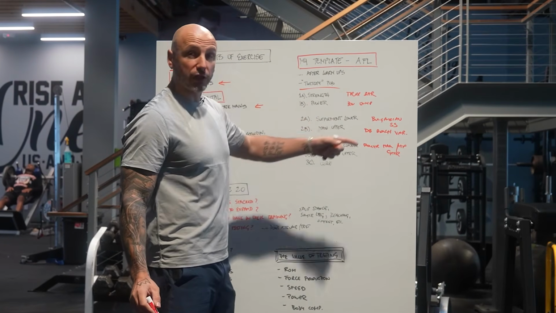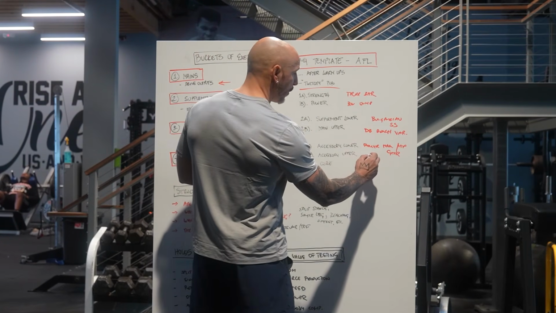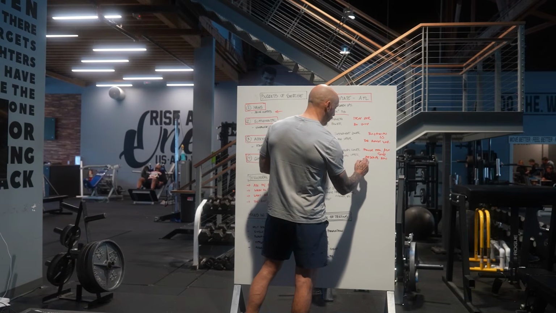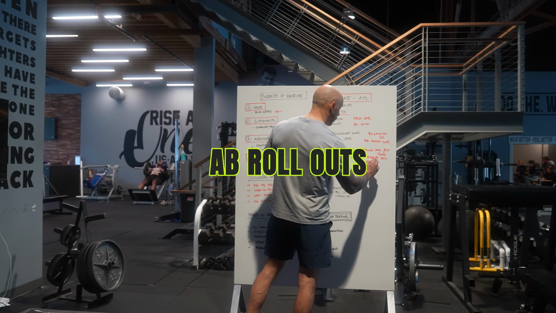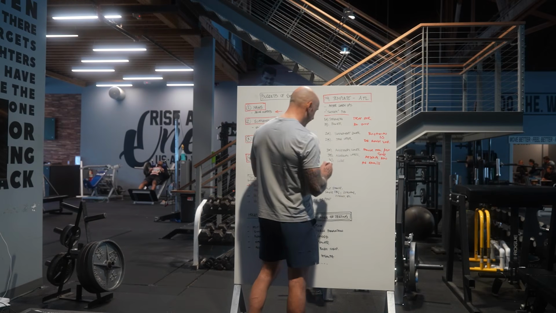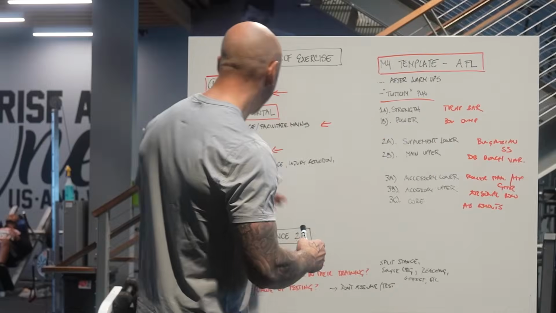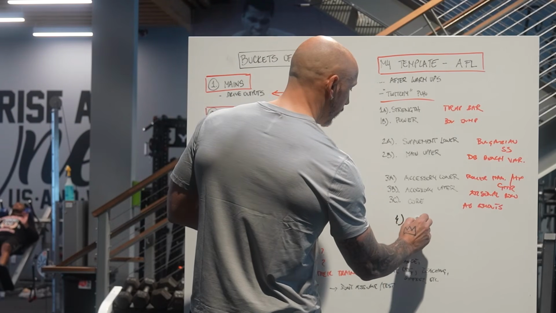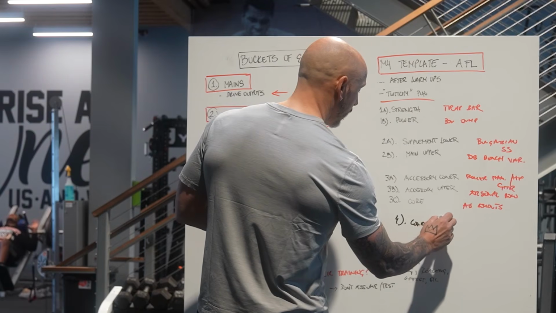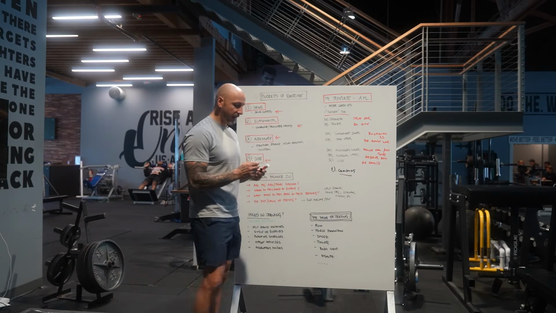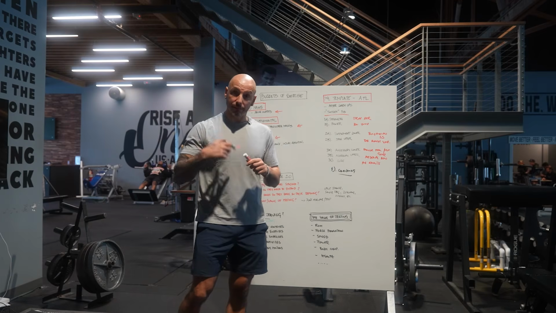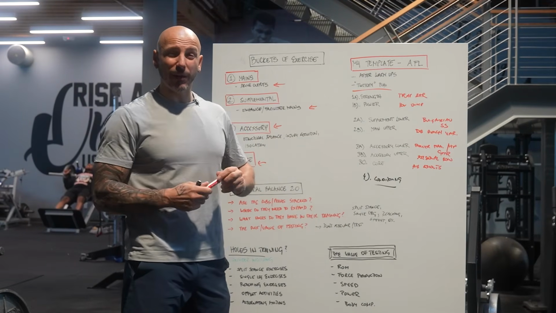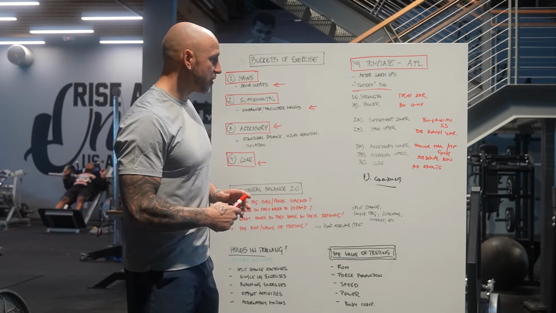Accessory upper, so we got to push. We want some type of pull. So maybe we do an arsenal row or a one-arm cable row here. And then we're going to do ab rollouts. And then this will usually be, again, going back to the other side. Do I even have time, right? But I might do conditioning here. Okay. And then the conditioning will depend on what the goal is. Again, we'll do a whole separate conditioning video where I want to break down how you pick your conditioning and whatnot. Right.